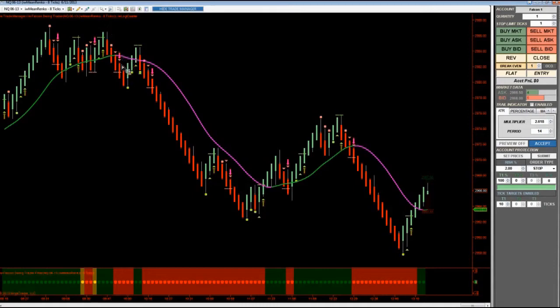Again, very simple to interpret. No guessing. I can look at it and I can make a decision instantly whether or not I want to take that trade. So those are the kinds of things that you're going to want to look for when you're developing your scalping system or your swing trading system. And remember, as I said, the easiest way to